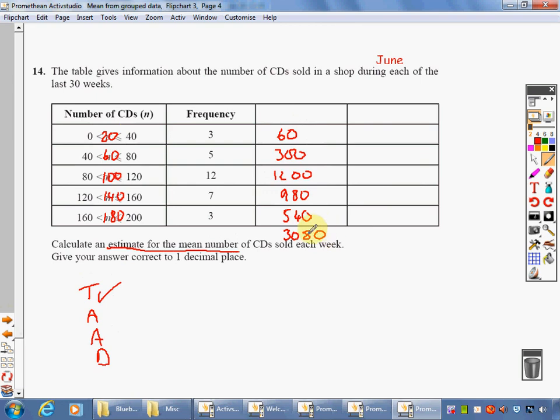I'm now going to add up this one here. I could do that, but actually it's told me in the last 30 weeks. So that does come to 30. That's 10. Yep, that's 20. So that's a total of 30. That's my add done. Now I'm going to divide. So it's 3080 divided by the 30, which comes out to be